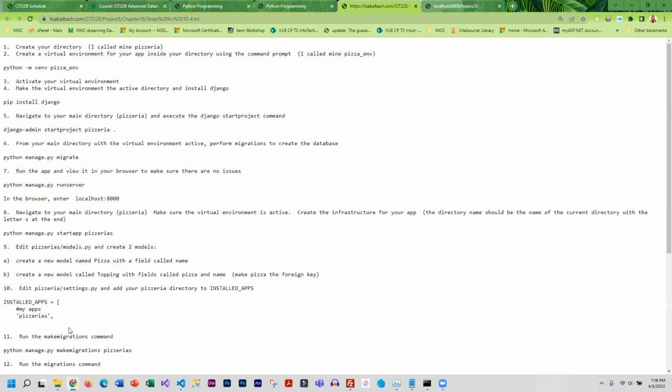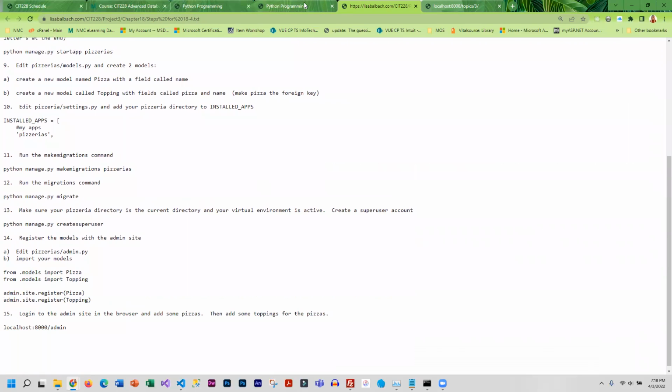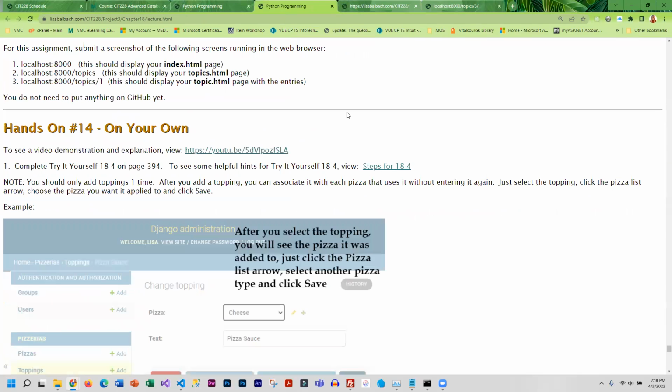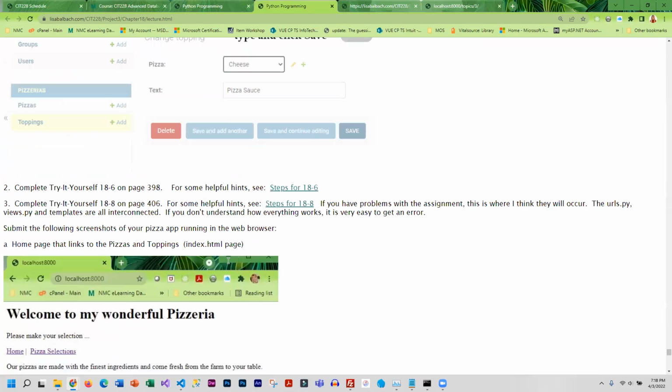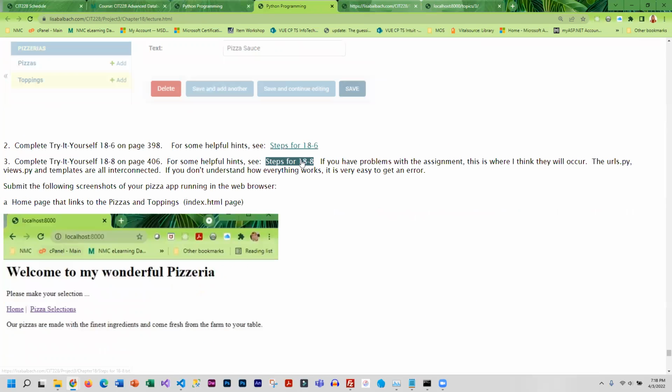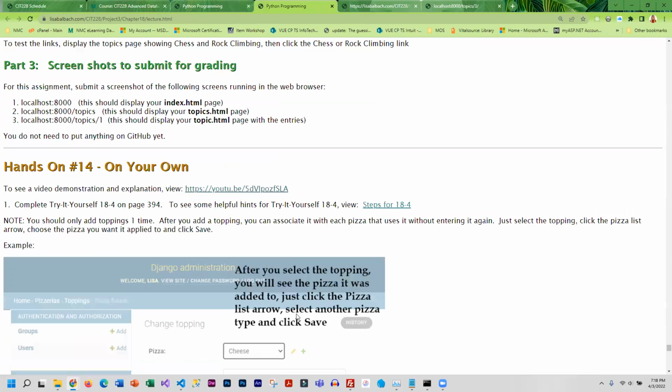So make sure you read through this because this is supposed to help you and will make your life ever so much easier. So I've got them for each one of these in addition to screenshots that are showing you what it looks like. Now, as far as what you need to turn in, you will have to turn in